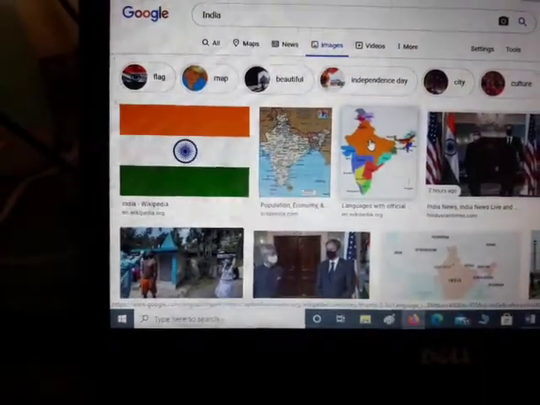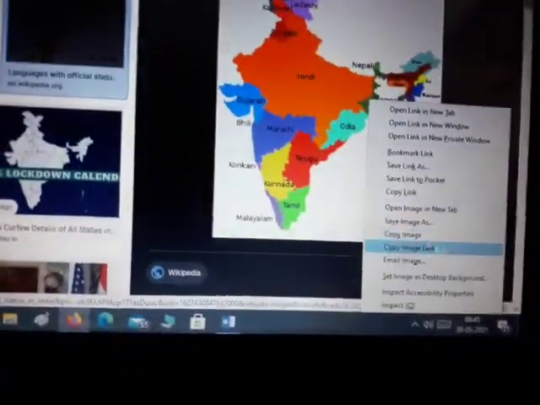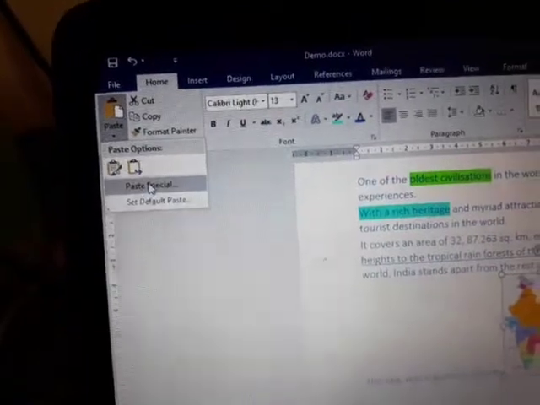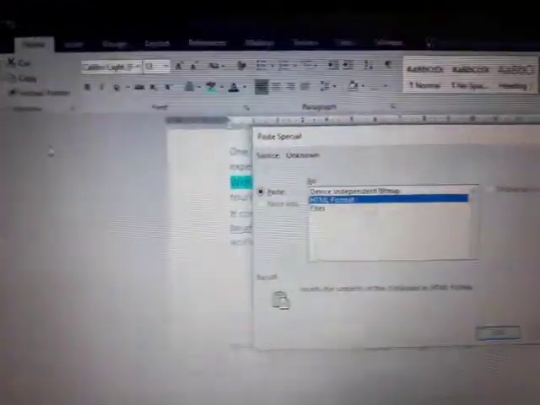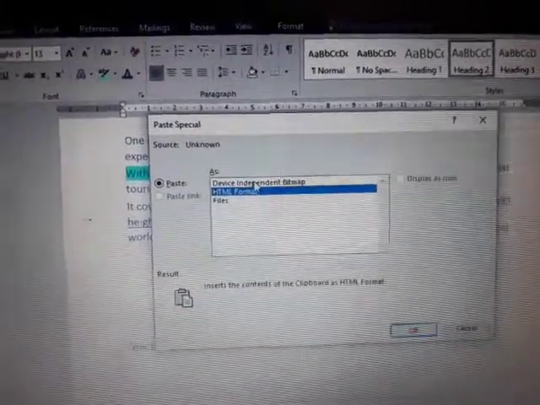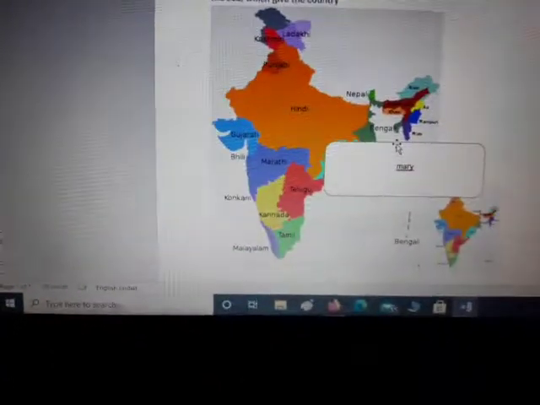Just copy, click it and copy image, and then paste here, paste special. Sometimes it will be getting pasted, sometimes you have to select the format for it. Paste special, here this one, device independent bitmap, and then OK. So it will be getting pasted.